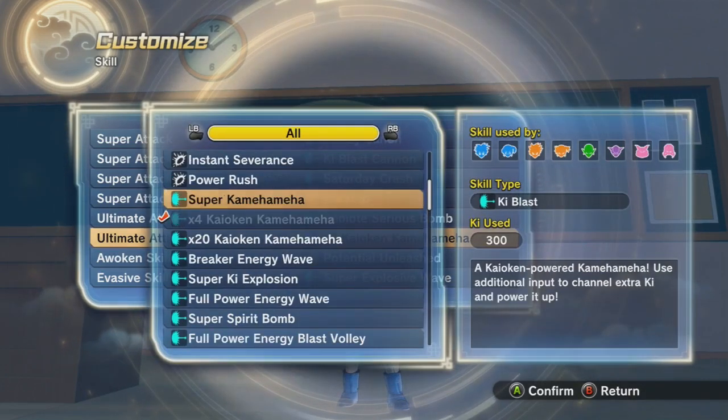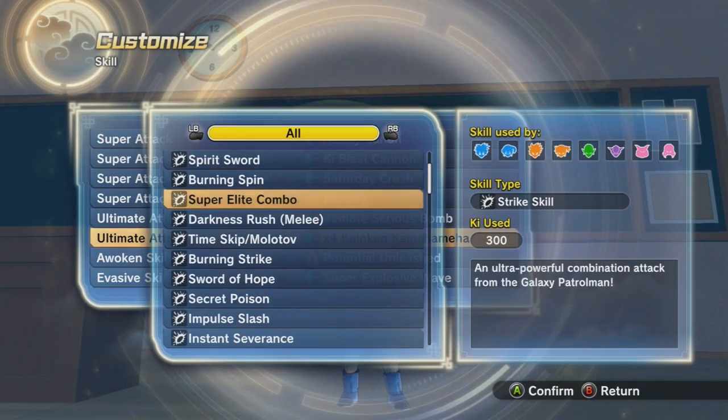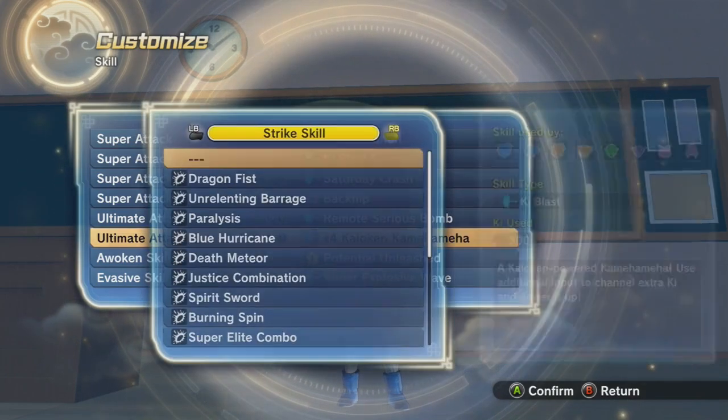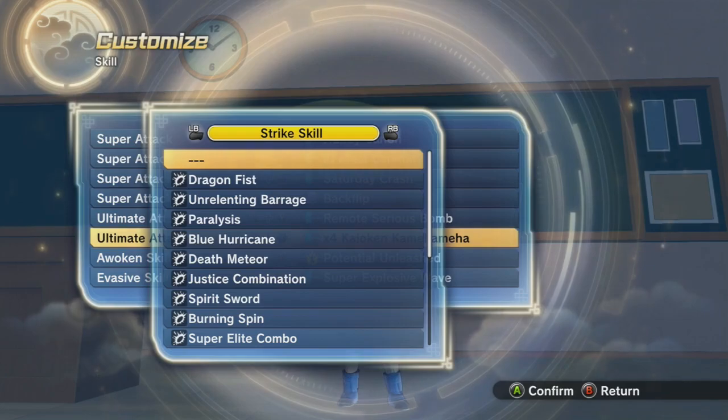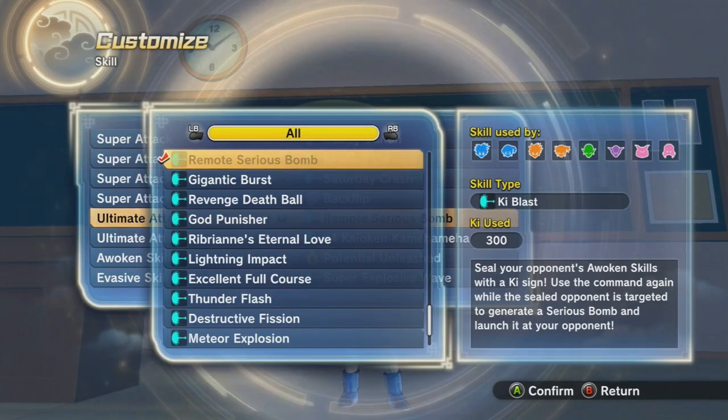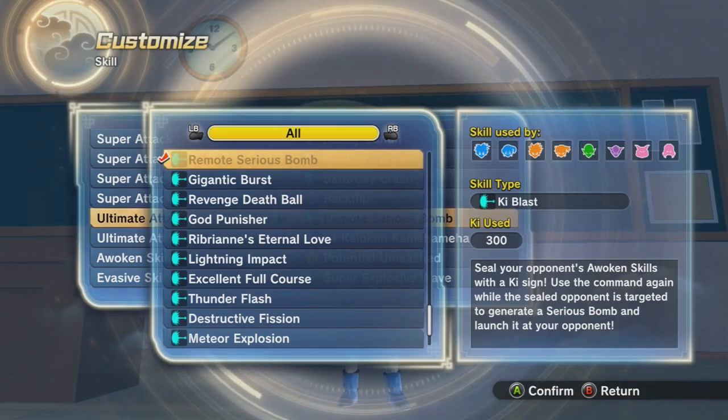So if someone's doing an ultimate, let's say a cheese ultimate, a dumb little cheese ultimate, you know, like Circle Flash. Boom, Remote Serious Bomb, you catch them. Actually, does it say it? Seal your opponent's awoken skills with a key sign. Yep, there you go. Takes away